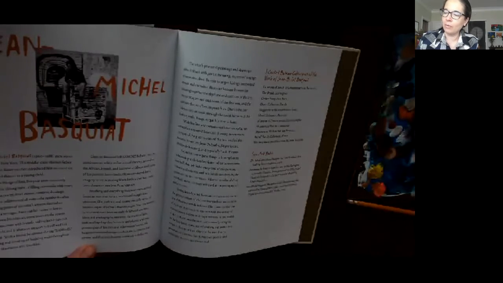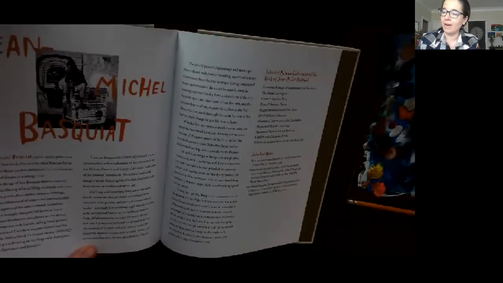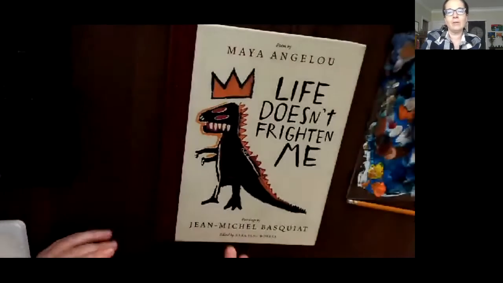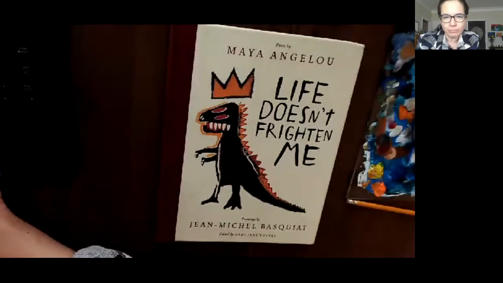Basquiat became known for weaving together rhythms and textures of the city, the techniques and tradition of fine arts, and the cultures that so often inspire them. One of the first Black artists to break through racial barriers of the fine art world, Basquiat quickly rose to fame. So that's just a little bit about him.